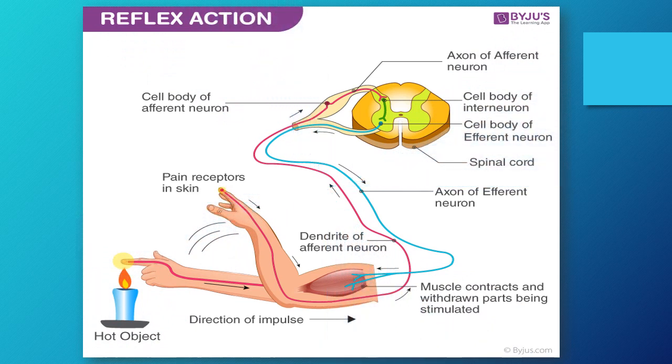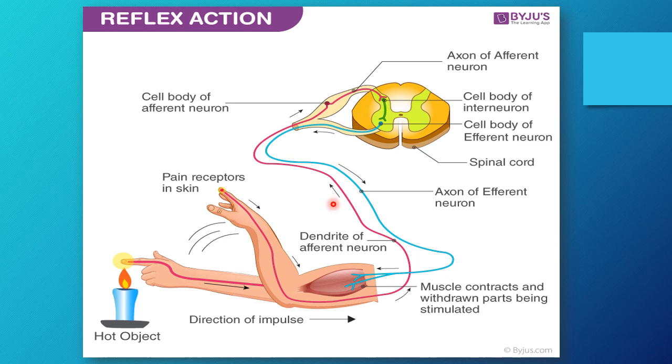In this diagram, reflex action happens through the reflex arc, which is a neural pathway that controls the reflexes. In this diagram, this is the sensory neuron. We know that